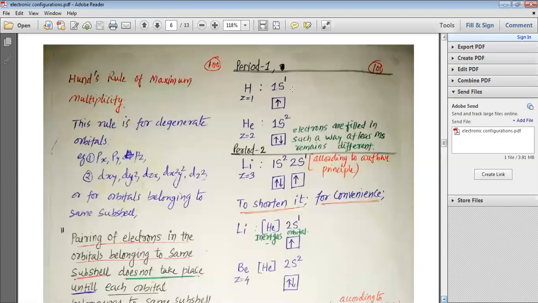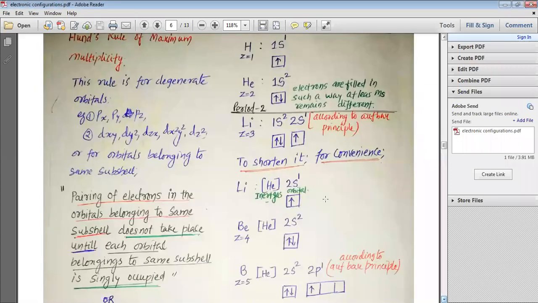So this is how we understand Pauli's exclusion principle, and we need to study now Hund's rule of maximum multiplicity. This rule is for the degenerate orbitals, that means the orbitals which have the same energy. Like px, py, pz, for example, or dxy, dyz, dzx, dx square minus y square, and dz square. This rule says that